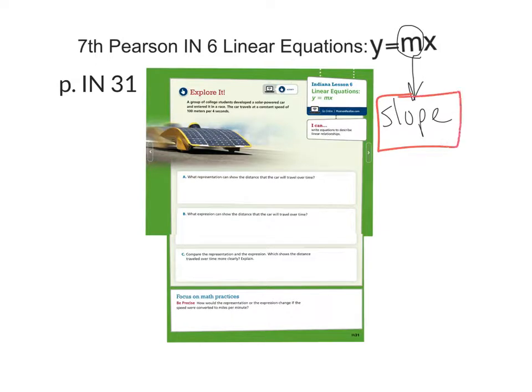I think it has to do with, in another country, their word for slope starts with an M maybe. I don't know that I ever found the full true answer to that, but anyway,